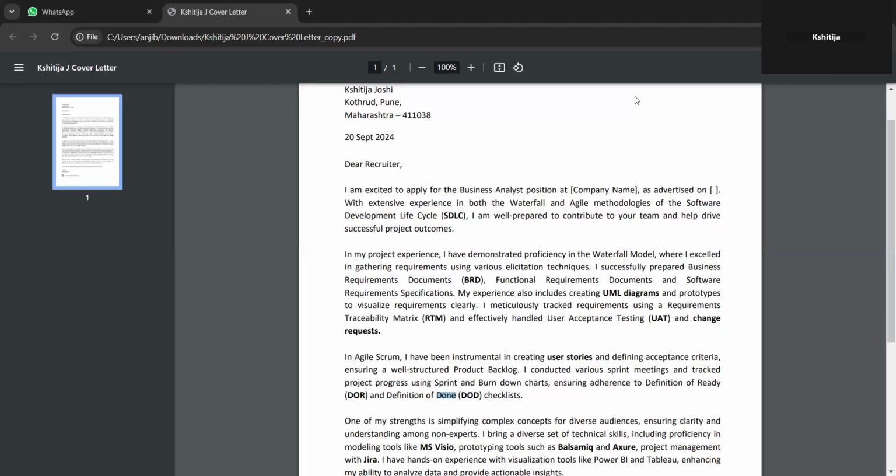In waterfall, changes are difficult to make, and one phase has to be completed before we start the next phase. And agile encourages flexibility, and there are changes throughout the development cycle. Okay, thanks.